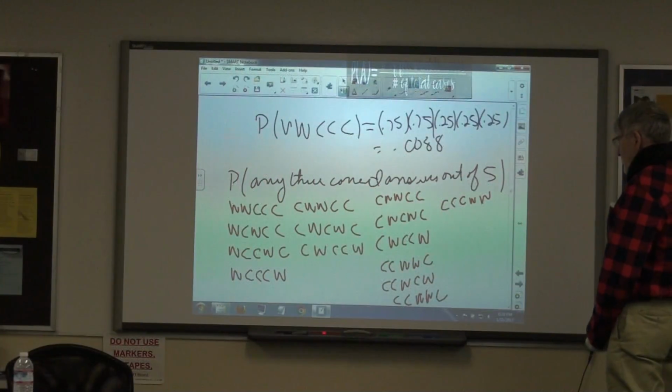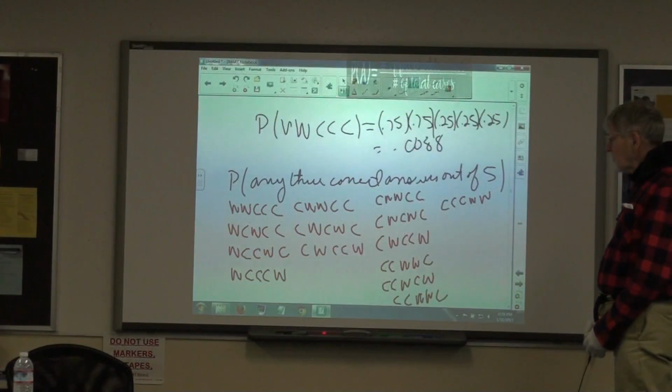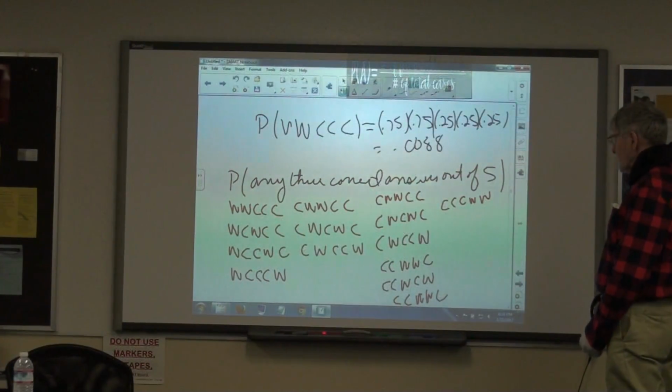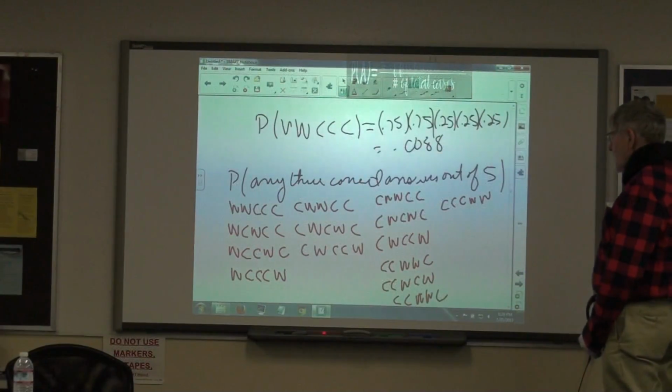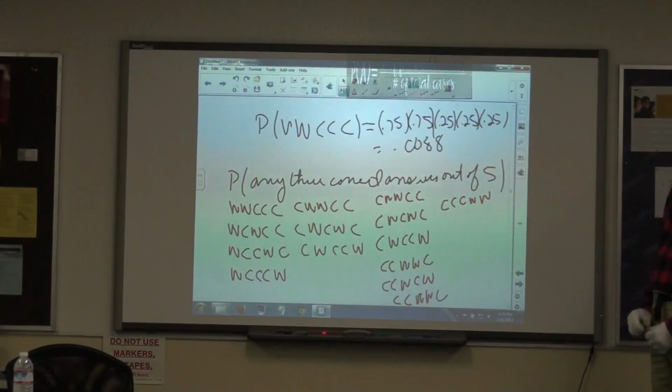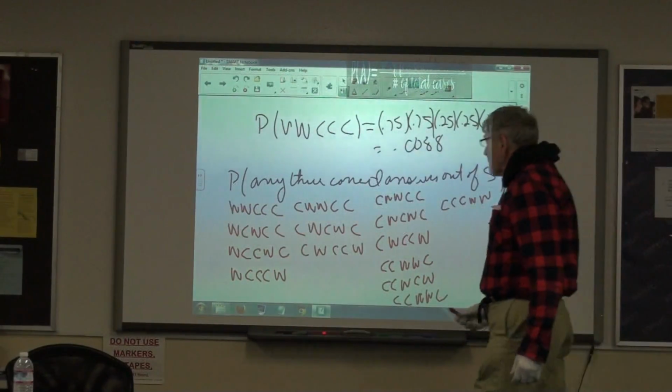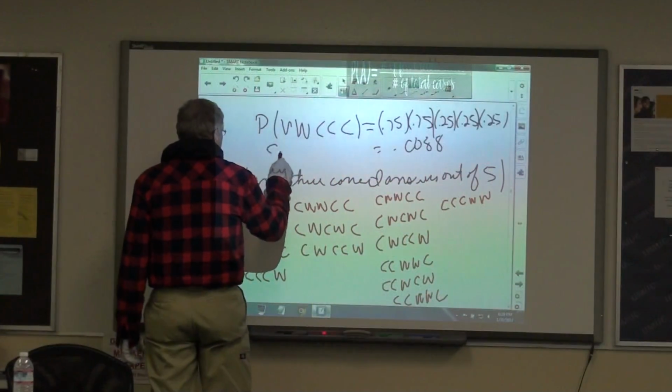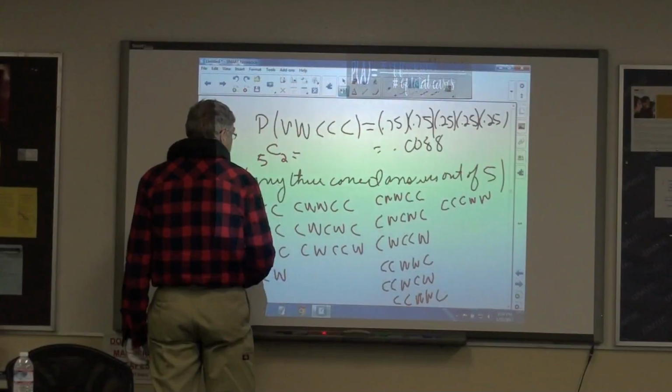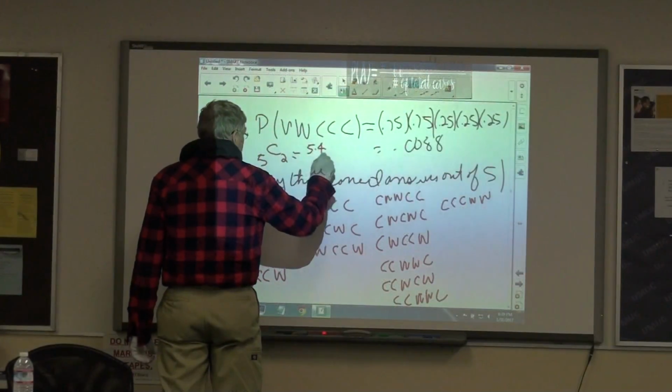4, 7, 8, 11, 14. You have repeats. You have a repeat. Yes, the last one of the second column, and you have CW, CW right beside each other. How many did you get? Not that many. I got 7. Okay, well, it's easy to calculate because this is C(5,2), which is 5 times 4 over 2, which is 10.